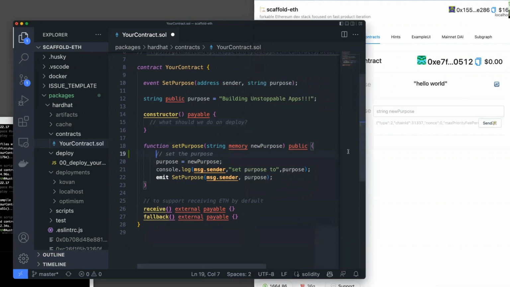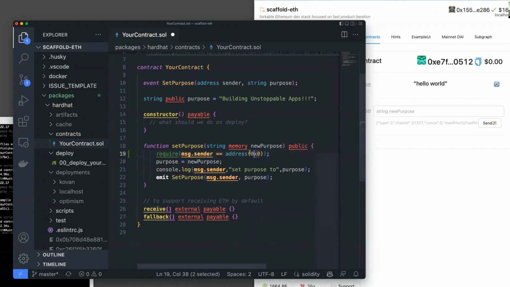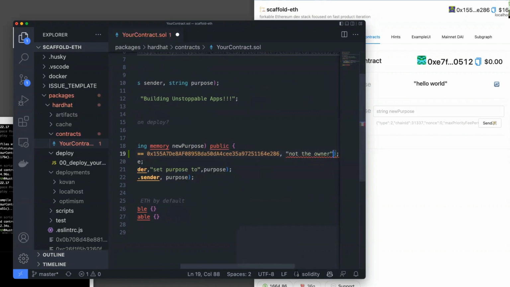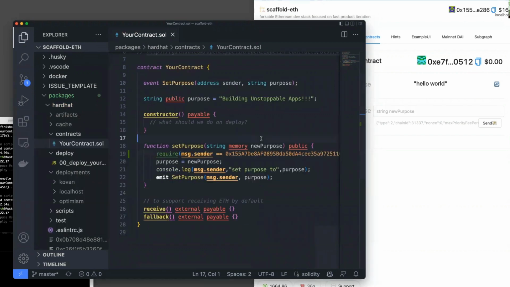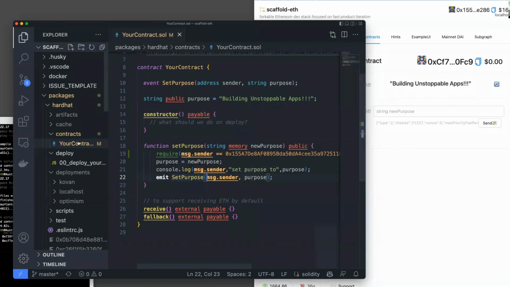It gives them the ability to both write their Solidity and understand how they want their Solidity to work. For instance, if I write a quick require statement saying that msg.sender equals address 0, let's grab this address and paste it right in there, and we'll say "not the owner" or something like that, right? If we make a simple ownership clause in this setPurpose,